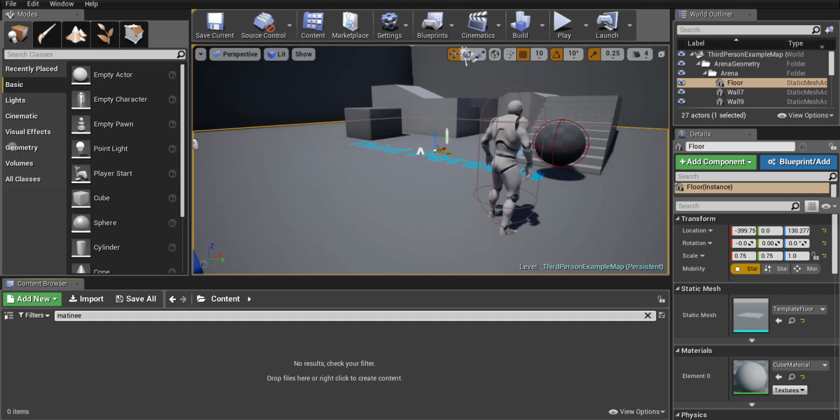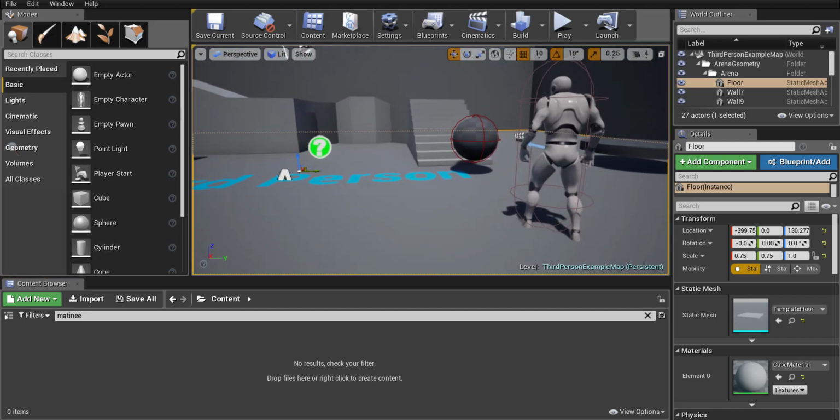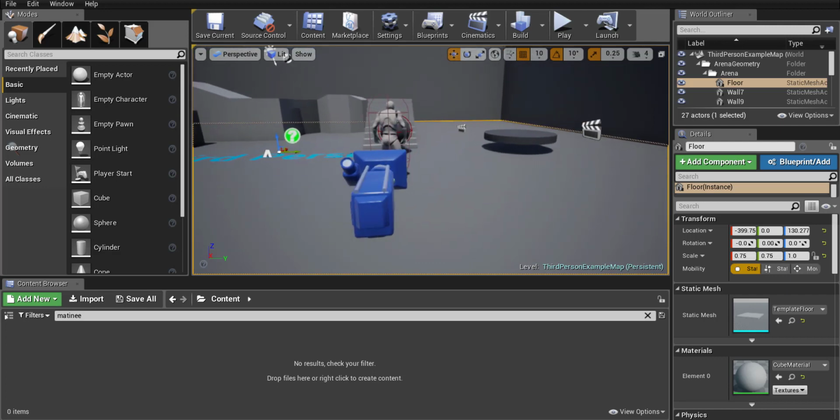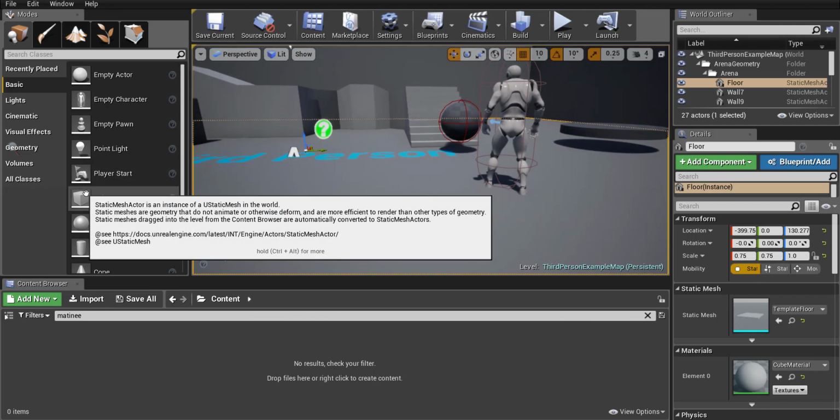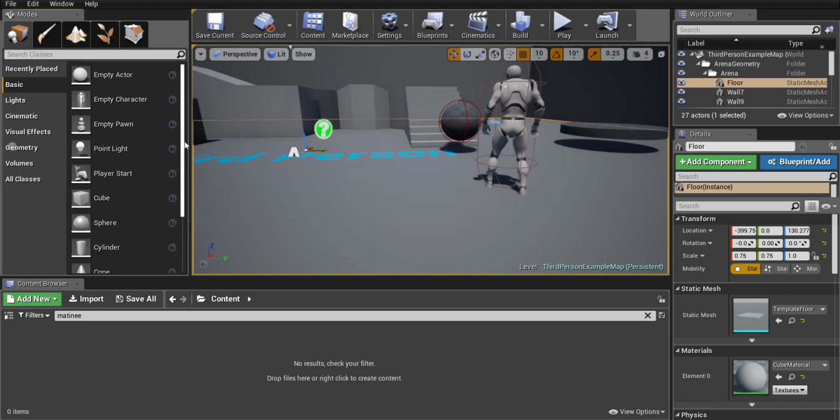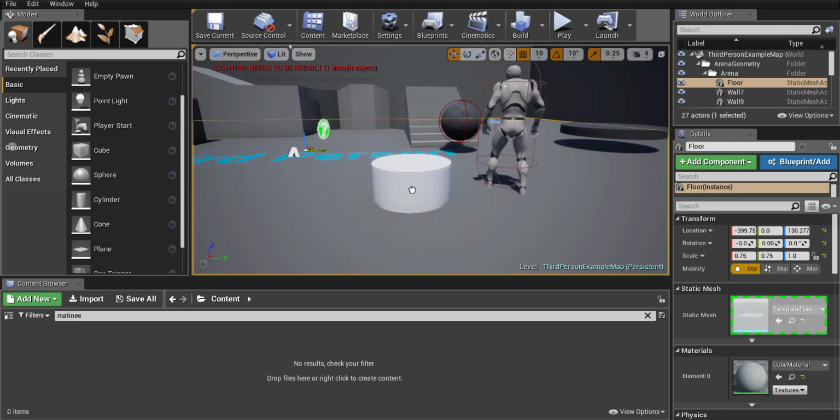Hey everyone, welcome to this tutorial where we are going to be making hitbox triggers. That is a thing where when you walk into an area, you trigger something to happen. So for this tutorial, what we're going to trigger is we're going to get a large cylinder to kind of